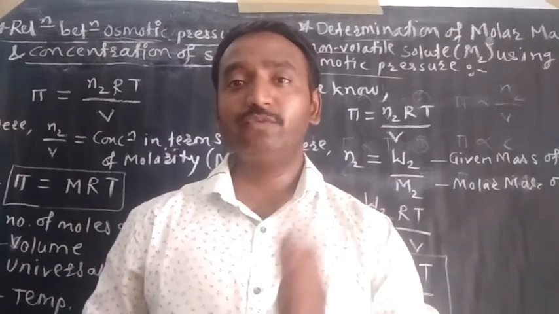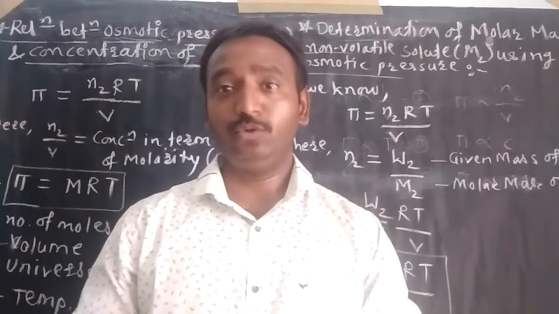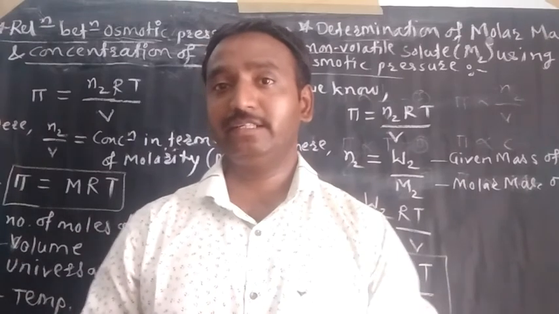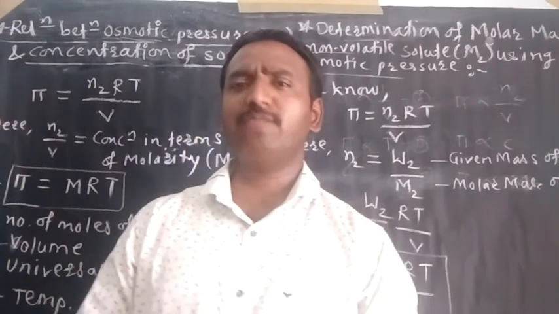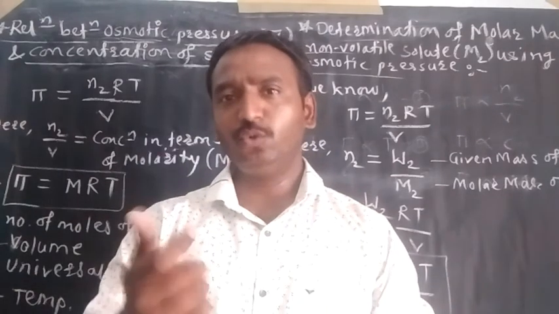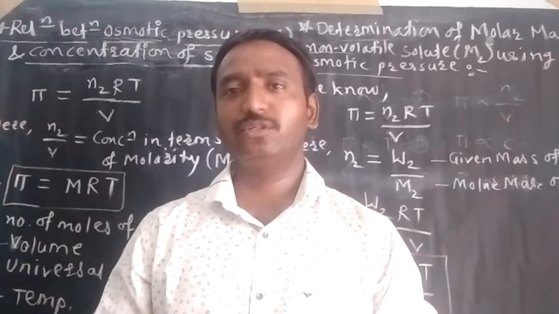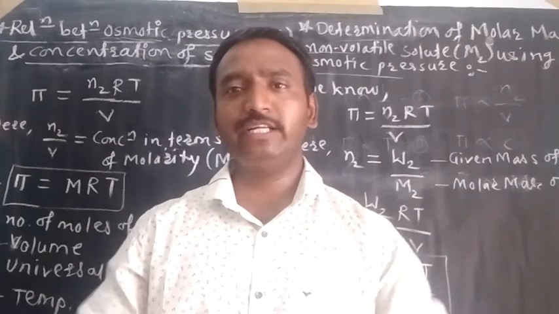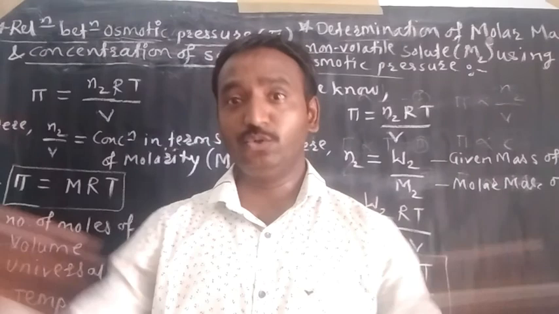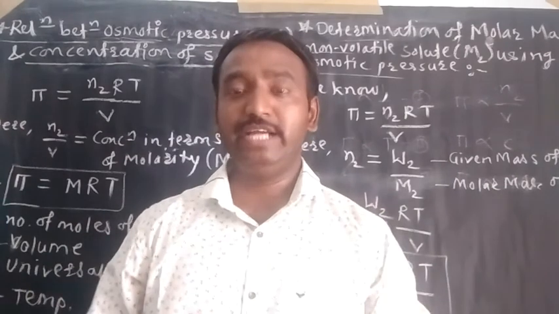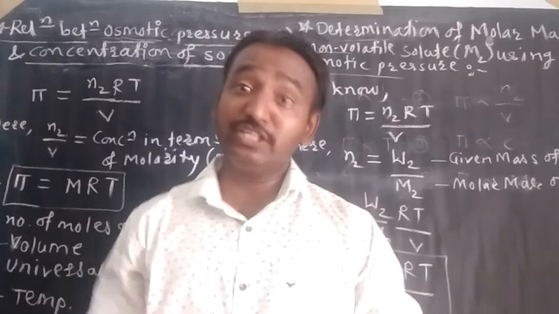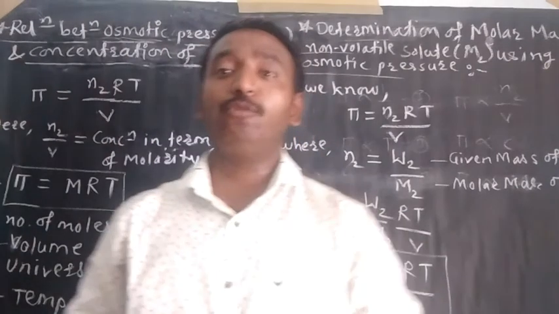But there is one another thing. No doubt colligative properties are high, but in case of molar mass, due to dissociation, those electrolytic solutes get dissociated into ions, and that's why there is a decrease in the molar mass. There is no association, there is dissociation, and due to that, there is an increase in colligative property but a decrease in molar mass.